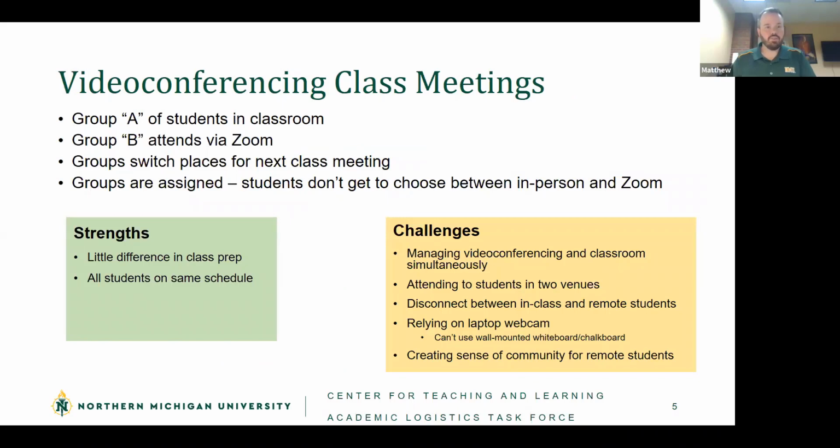Okay, so we have a few options we're going to talk about. They're not necessarily the only options, but when we sat down and talked about possibilities that we knew of faculty planning or that we'd heard of other places, these were the ones that seemed to have the common themes, if you will. So the first one I'm going to start with is the one that we're hearing about the most,